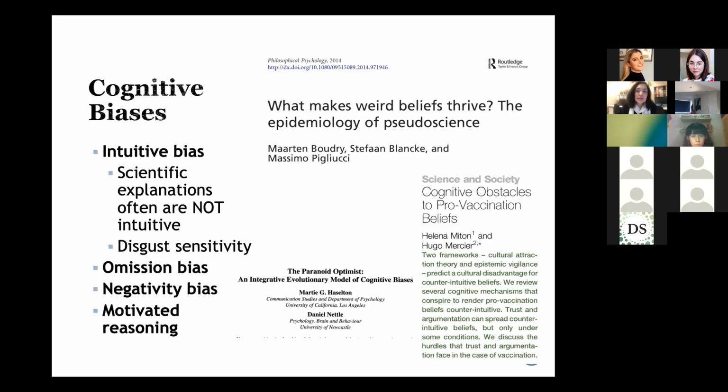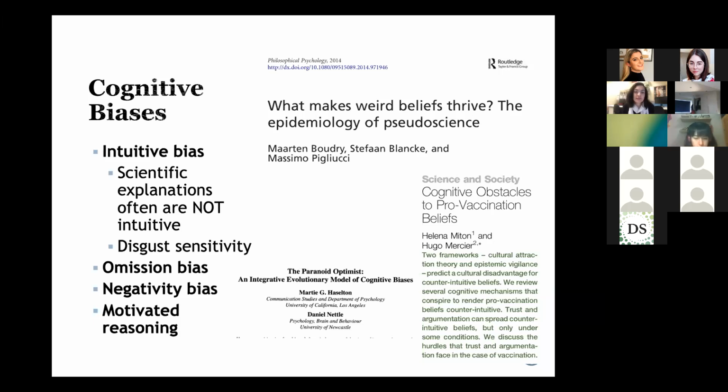So it's really a question about why people reject science in the first place. And as I said, there are really inspiring publications already applying cultural evolution theory. One suggestion is that scientific explanations often are not intuitive, so they have more difficulty in being copied and spread